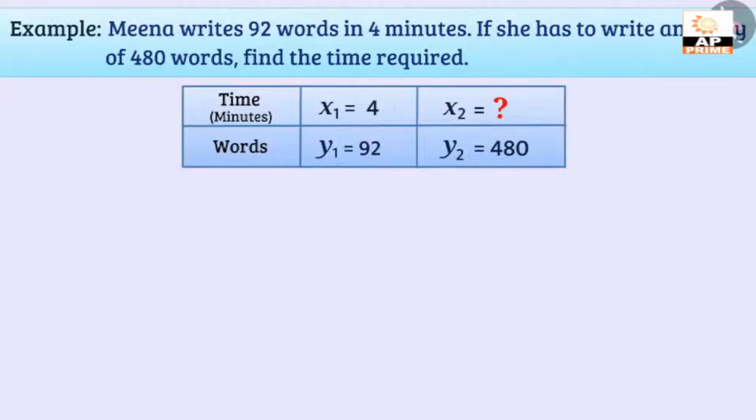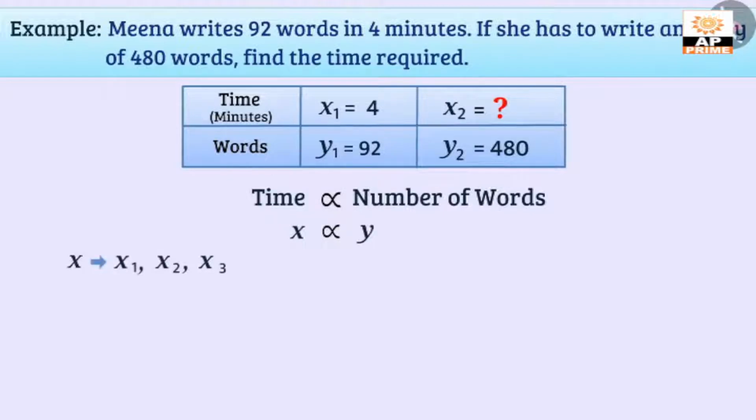The time required will increase in the same ratio in which the number of words increase. So here, time is directly proportional to the number of words. In case of direct proportion, if x is directly proportional to y, then the value of x and corresponding values